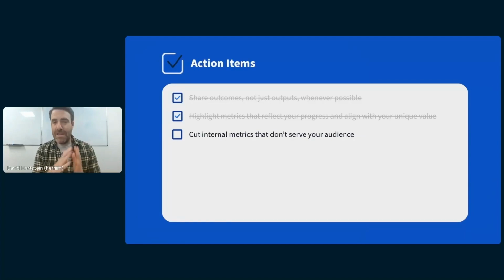Next up here, cut internal metrics that don't serve your audience. Just really focus on data that your visitors will actually care about, right? It might sound obvious, but it's important to remember. Your impact page just isn't really designed to collect and display information that you or your team personally find impressive. It's really to help your visitors better understand whether they can trust you to make that difference that we